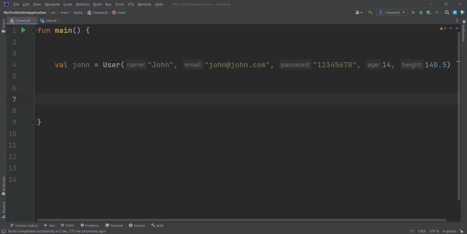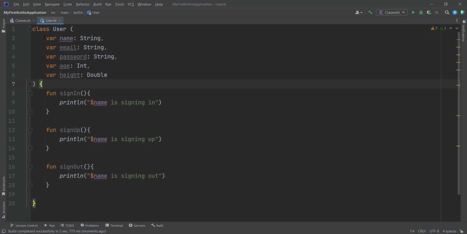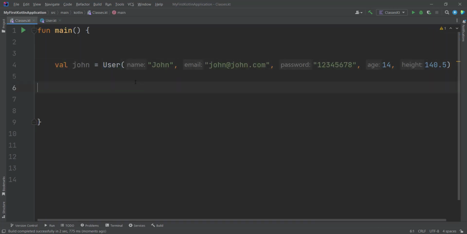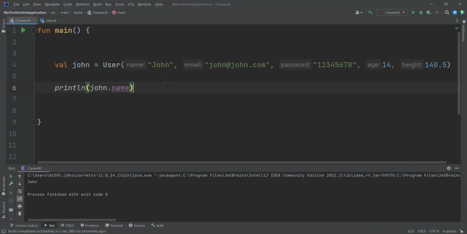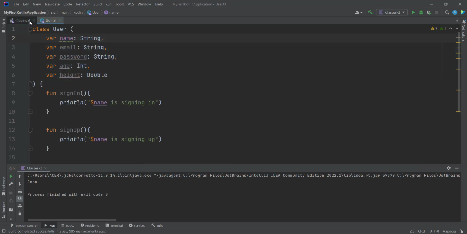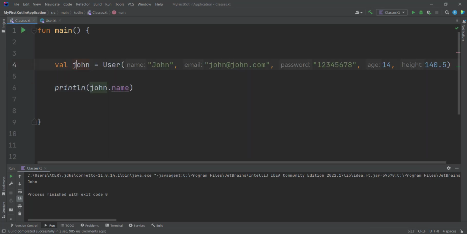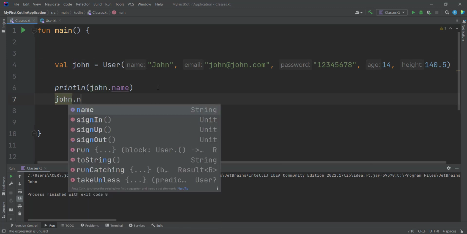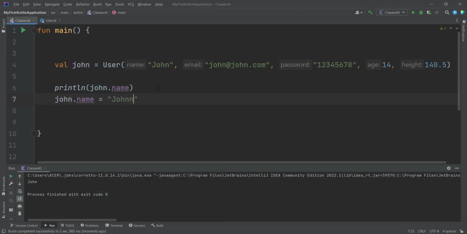Now you would see that we have created the user's property with the var keyword here. And whenever we want, for example, to print the name, let's just print John's name and see the result. I know it's John, but we just want to make sure. So the name is John, and the var keyword here allows you to reset the value of the object. So if you, for example, click John here, write John dot name and set it to Johnny, then you try to print the name again,